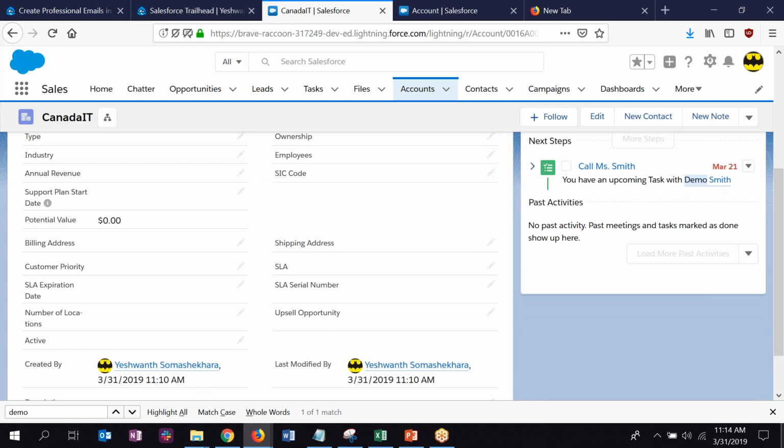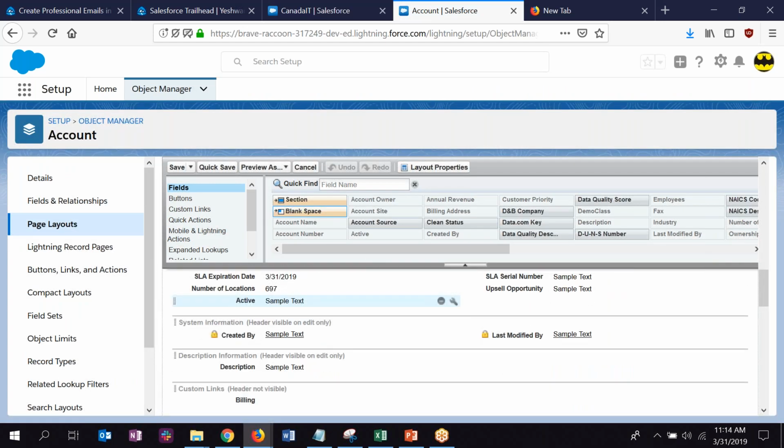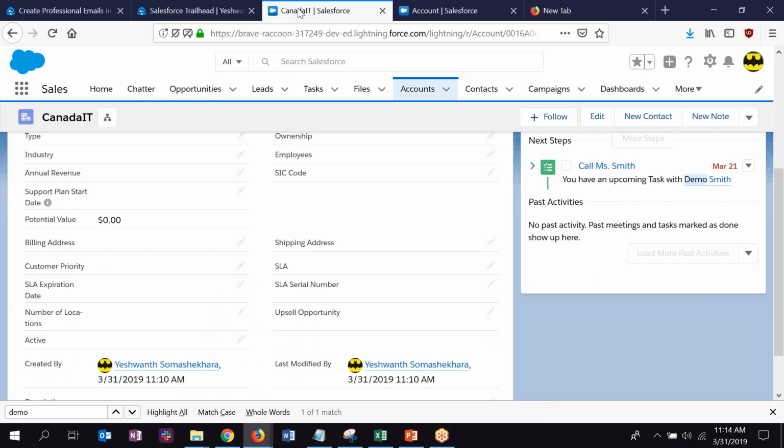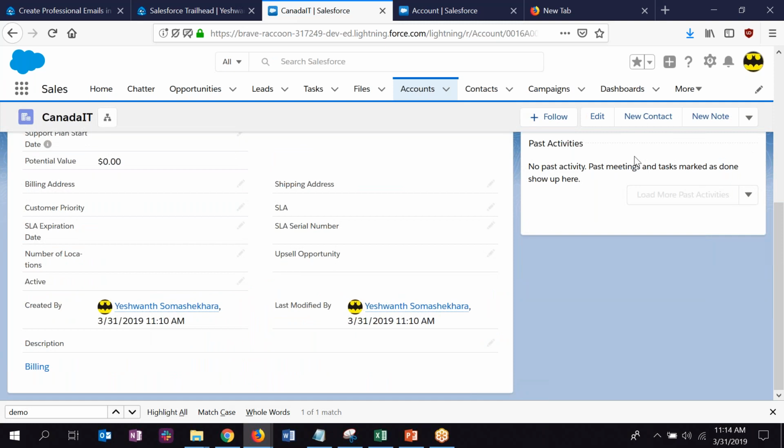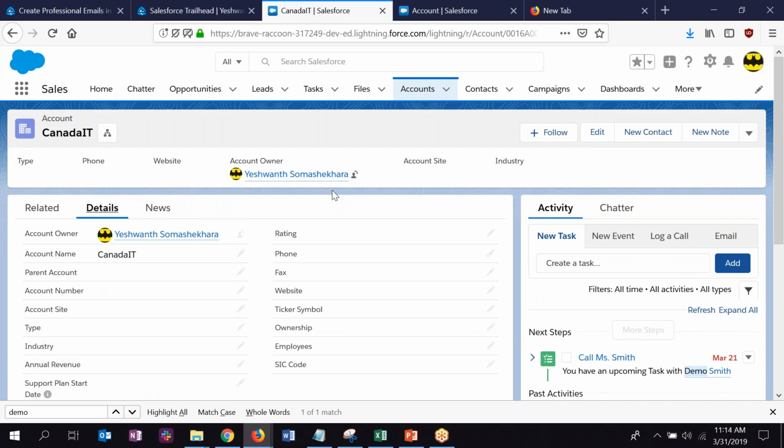I'll show you day-to-day scenarios of all the issues that we face. This is one of them: we added the field, we added it into the layouts, but it's still not showing. So you'll have to research why it is happening and what might be causing it not to show up. That's exactly what an administrator does day to day. This is a very good example of your day-to-day work.